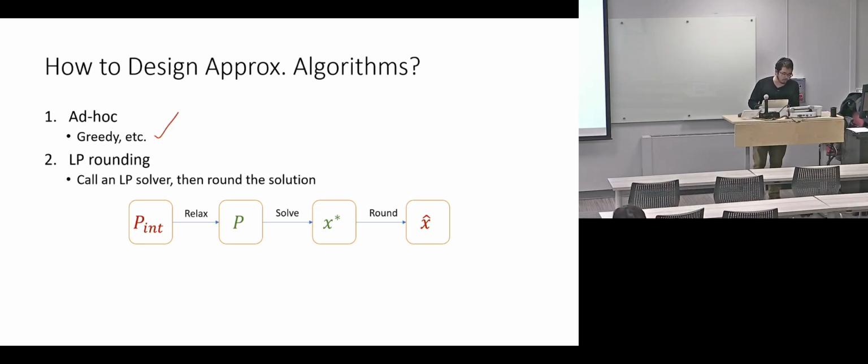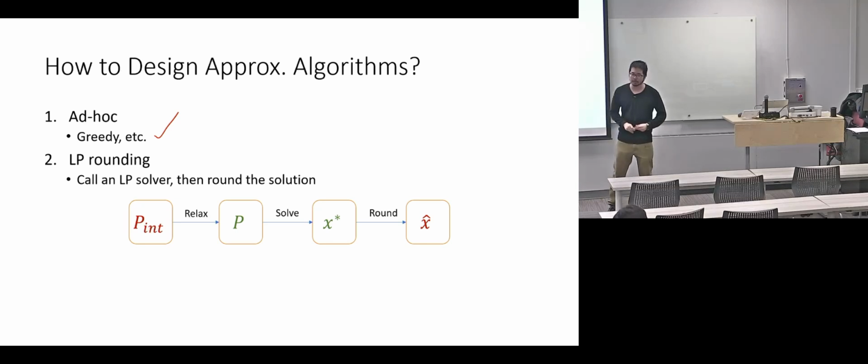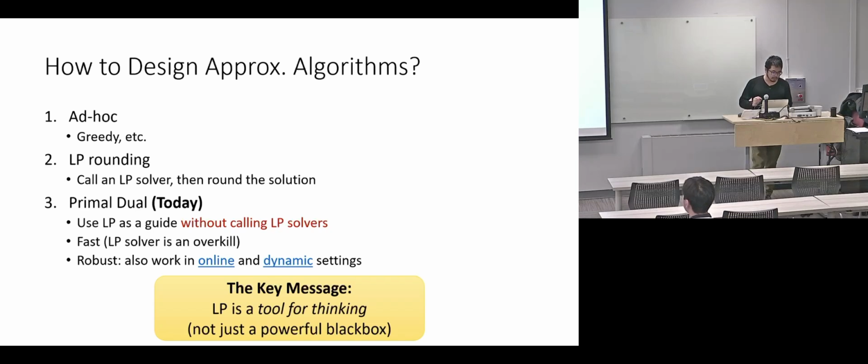One is ad hoc: just design something, be greedy, or just look at the problem and try to design an algorithm that makes sense. Another one is LP rounding, which is to come up with an integer program, relax it to a linear program, solve it to get a fractional solution, and round it to an integral solution. You have seen some examples of this approach already. And today is another approach,